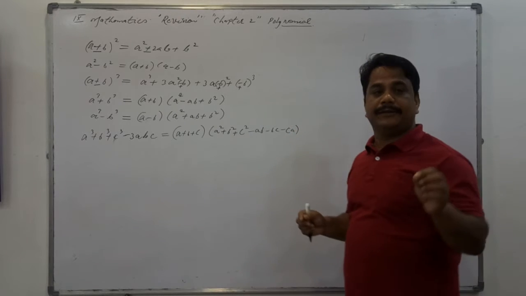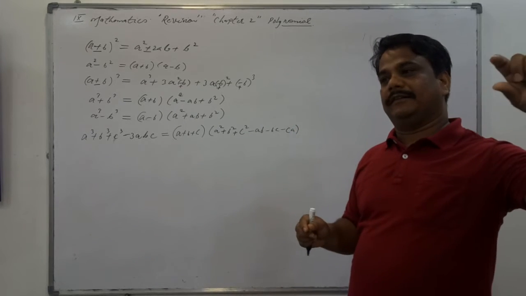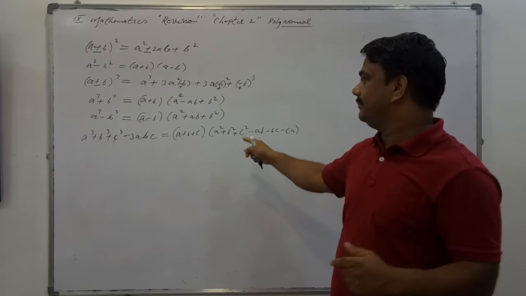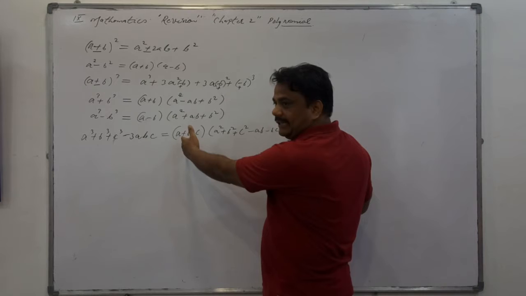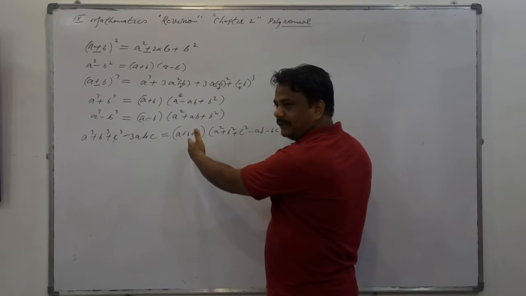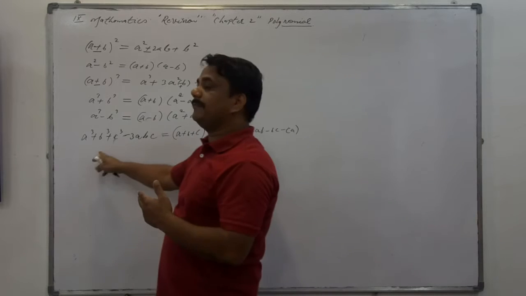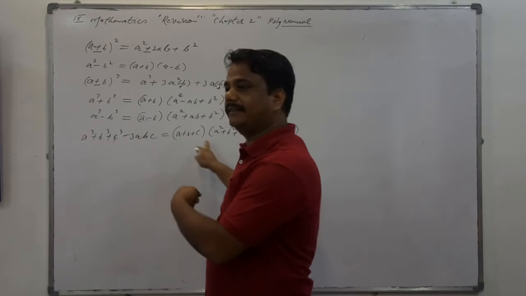What is the trick of using an identity? The identity can be used to observe the pattern. If the pattern is looking like that, meaning the left or right side pattern is appearing in the question, this type of pattern is appearing in the question, so in the place of that you can write this. Is that clear or not? If this typical pattern is there appearing, then you can write this.